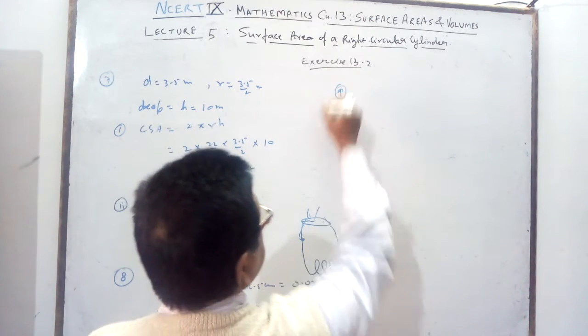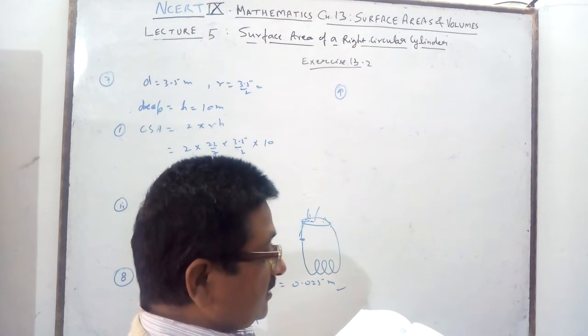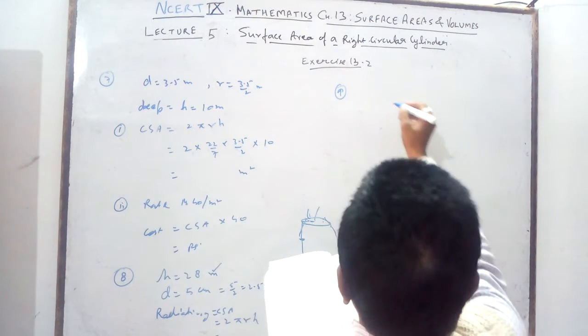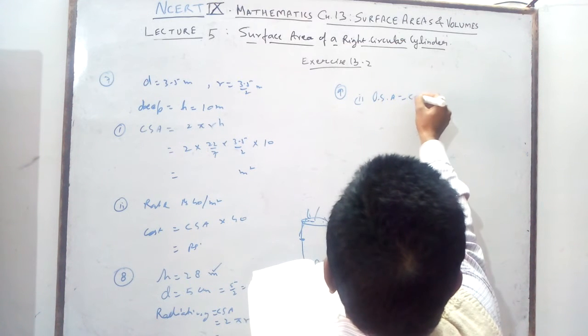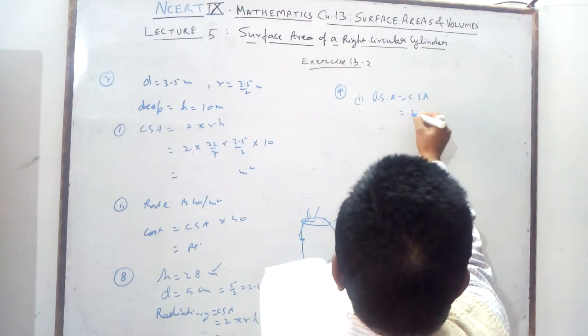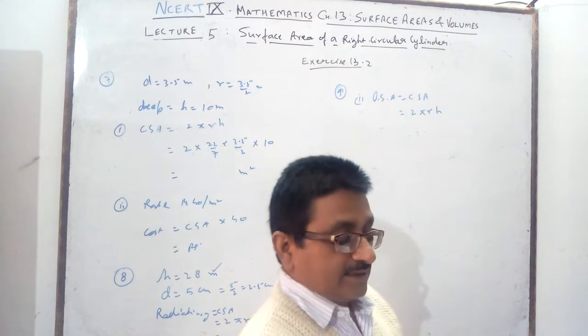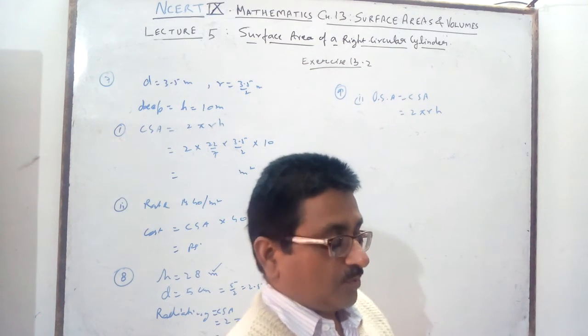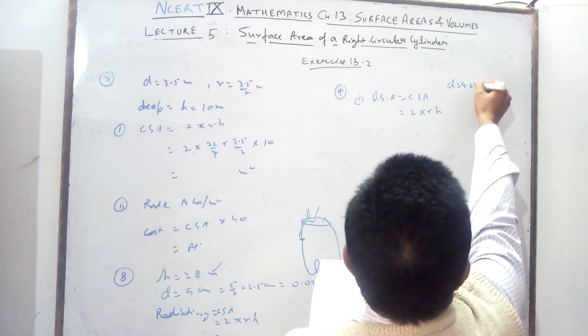Question number 9 is given. There is a petrol tank, and you want to find the lateral surface area. Lateral surface area is called the CSA, which is 2 pi r h. But what is given here? A cylindrical tank for storage is 4.2 in diameter. What is the diameter given? 4.2 meter means